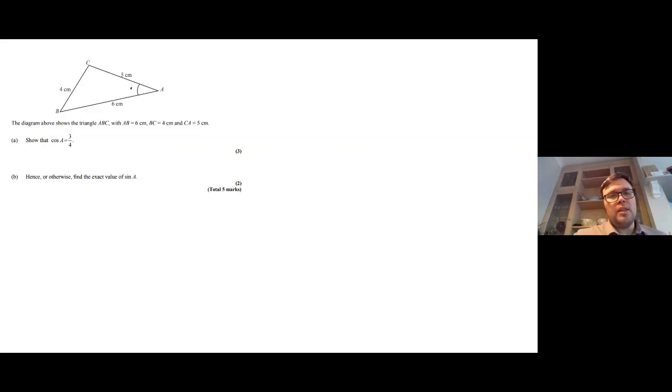Remembering that capital A stands for the angle, and then opposite, this is going to be our little a here, opposite B, this is going to be little b here, and opposite C, this is going to be little c here. So using the formula, a squared equals b squared plus c squared minus 2bc cos of the angle A. I know that various maths teachers might have rearranged it. I prefer to put the numbers in and then rearrange at the end. Or if you want to, you can go straight into it. So a squared is